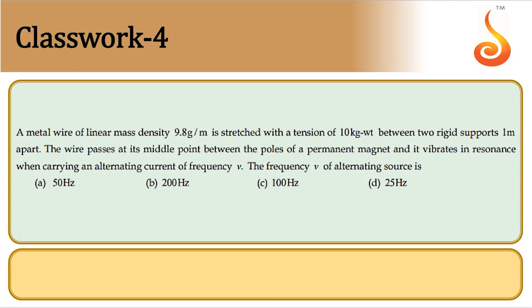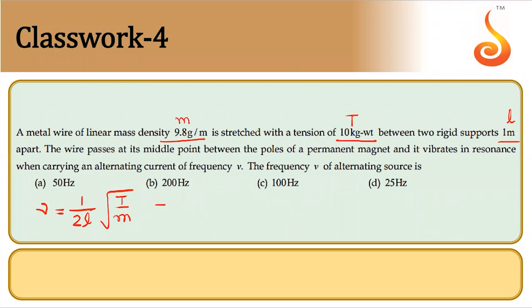So tension is given, 10 kg weight. Linear mass density, mass per unit length, is given as 9.8 gram per meter. And it is stretched between two rigid supports 1 meter apart. So this is the vibrating length of the wire. So frequency in this case, nu, is given by 1 by 2L into root of T by M. This is your sonometer formula,